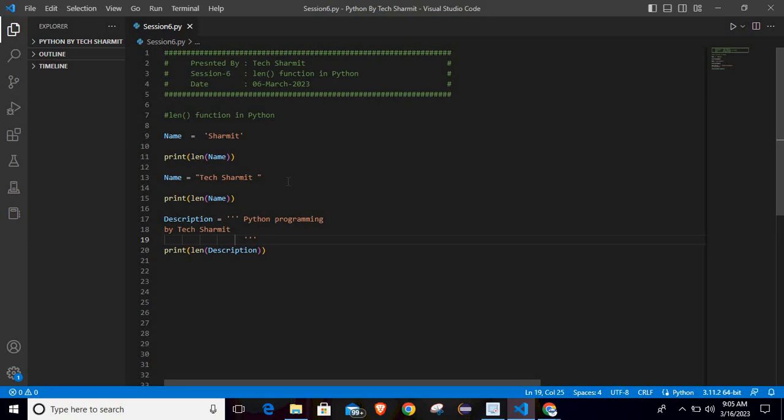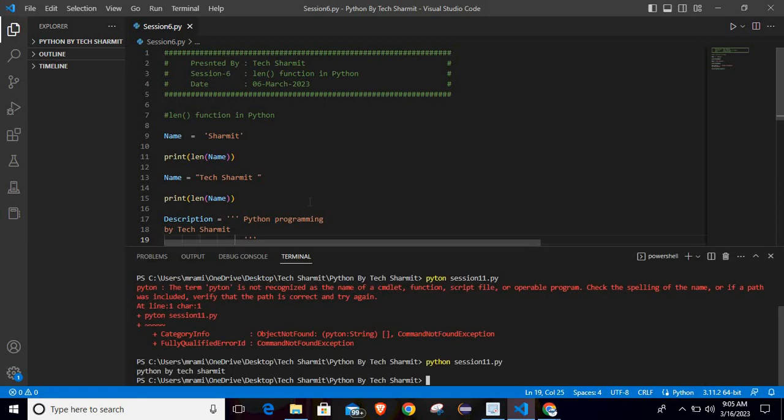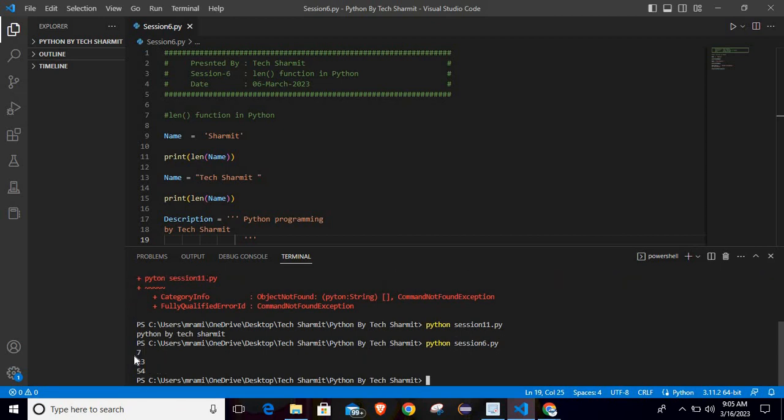For executing and seeing the output, I'm pressing Control tilde on my keyboard, so it will open a window for me. Now here you can type python, and your session name is session 6.py. Once you hit 6.py, it will provide the three outputs, which are 7, 13, and 54, which